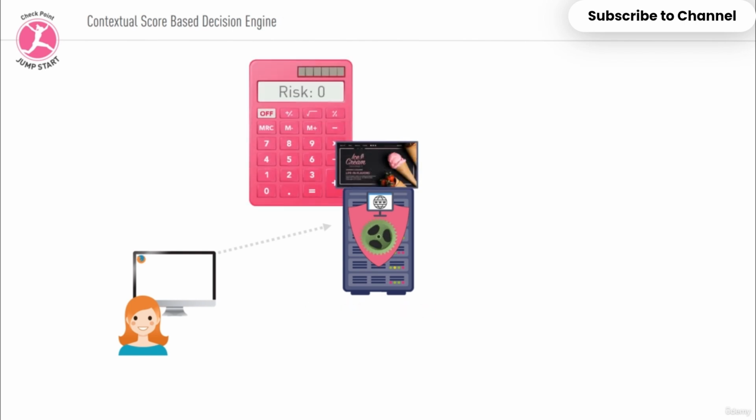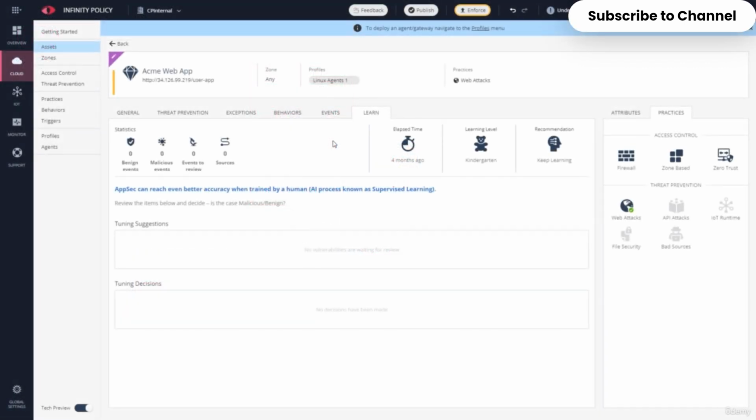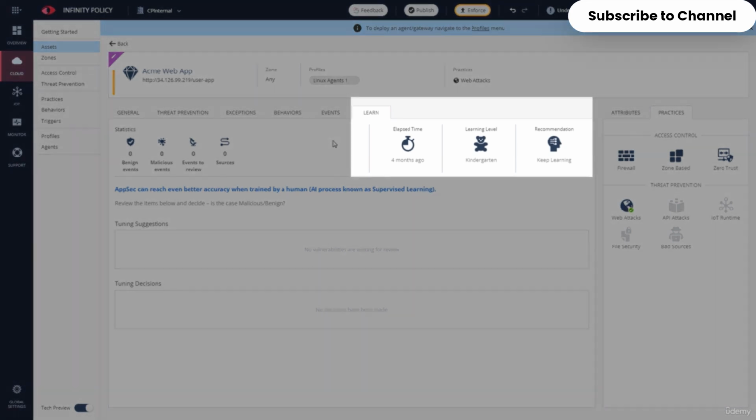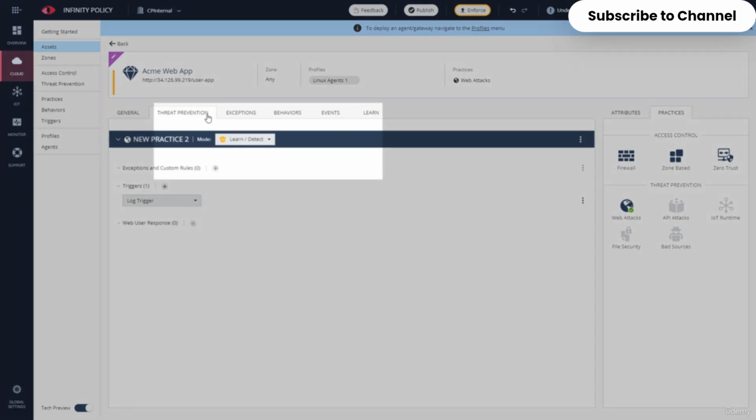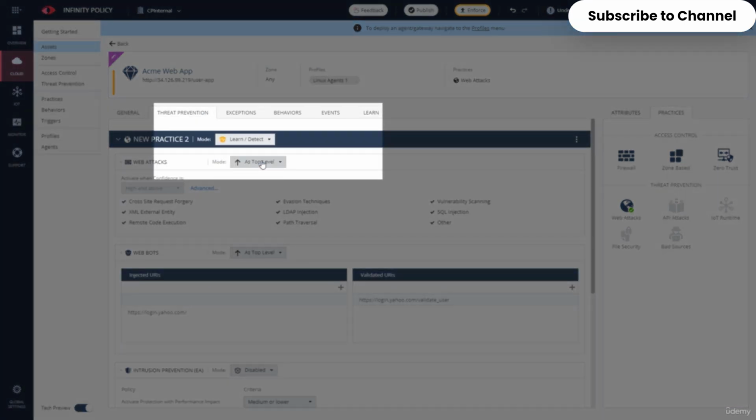The final score reached by the decision engine is either to allow the transaction through to the application or to block it, this while dramatically minimizing false positive decisions. Before the engines kick into action, the system begins in learn detect mode. In only a short period of time, it completes its learning and the user can choose to switch it to